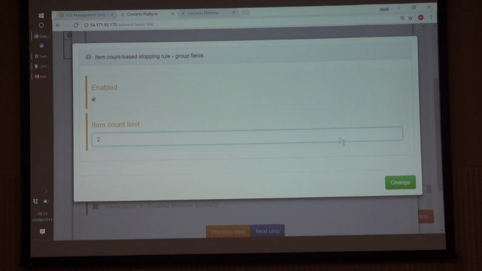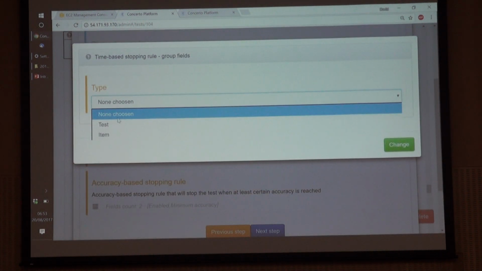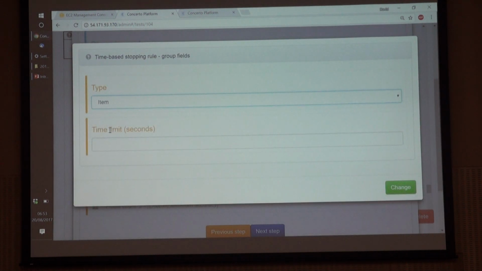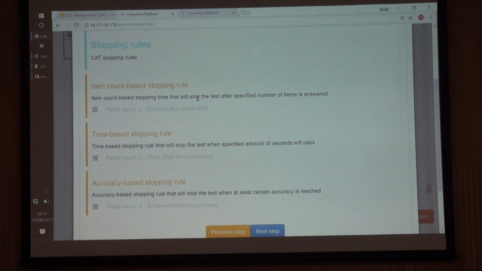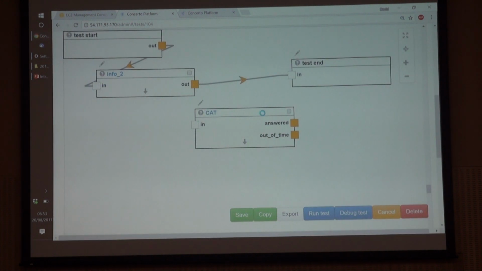So after 2 items, we'll finish the test. And I'll also add a time-based stopping rule. And the time base is per item. So you have 60 seconds per question. Okay. And finally, this is where the data gets stored, but I'll leave that as the default. Okay, so again, connect that up. Press save.